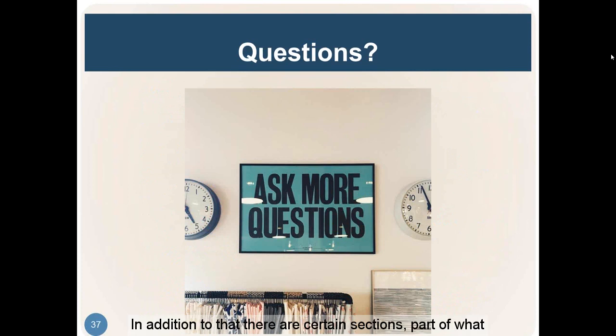And then in addition to that, there are certain sections. Part of what David was referencing earlier is from Part D as in Delta, 200.330 through 200.332. That talks about subrecipient monitoring and management. Those 3 particular sections out of Part D as in Delta do apply to LIHEAP, are required. So I'm not sure if I've confused the situation or not, but if you have follow-up questions on that, just let us know.